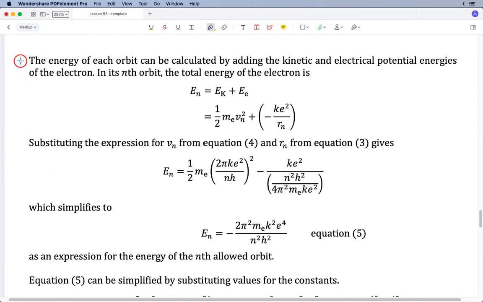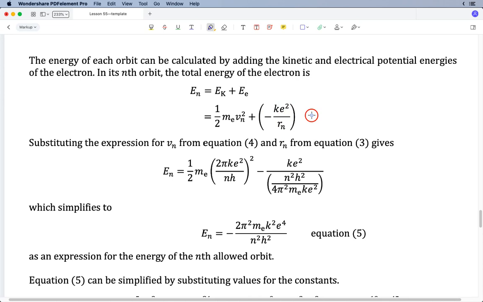Now the energy in each orbit is found simply by adding the kinetic and electrical potential energies of the electron. So we're saying that its energy in its nth allowed orbit is found by adding its kinetic energy to its electric potential energy. And so this is its kinetic energy then. Half mv squared gives us kinetic energy. And then this is its electrical potential energy. Okay, you might be a little thrown off by this minus sign,